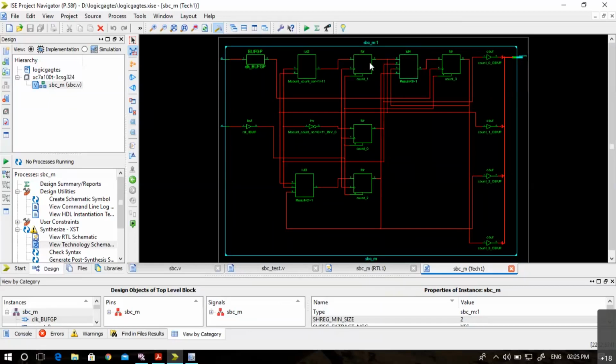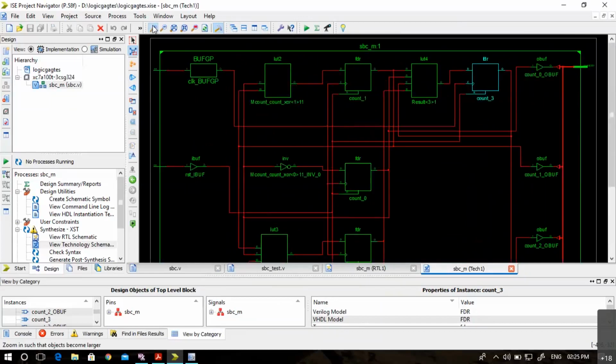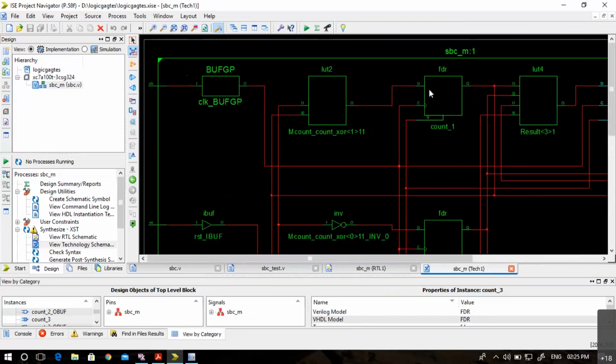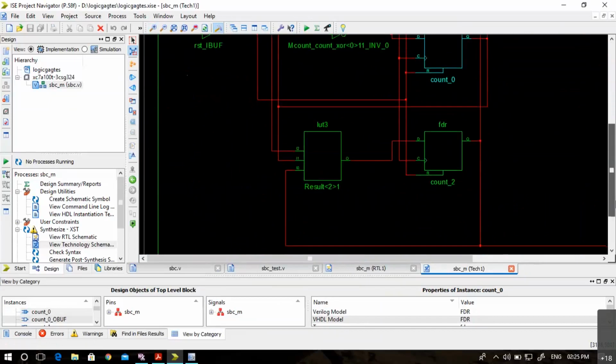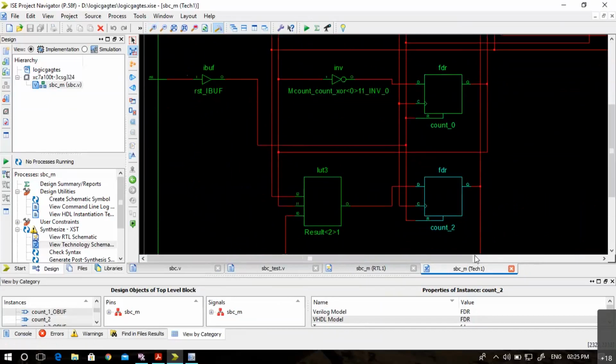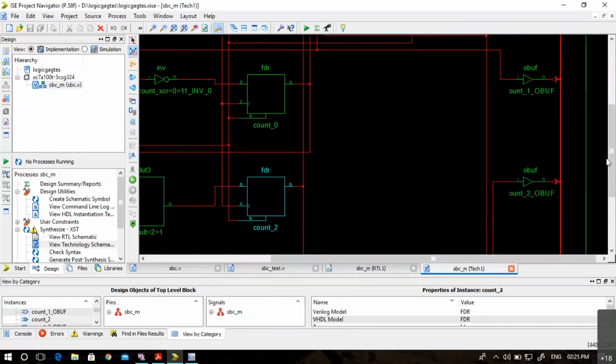Now using these logic circuits and using these 4 flip-flops, you can see these 4 flip-flops. Let me zoom in to show you those flip-flops. It is basically a D flip-flop with the reset, with the clock, with the D and with the Q. So in the FPGA's hardware, the D flip-flop is already defined and available.